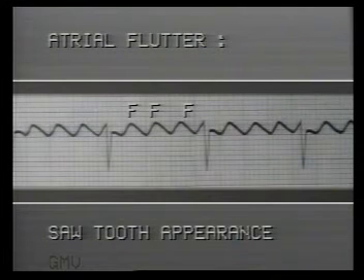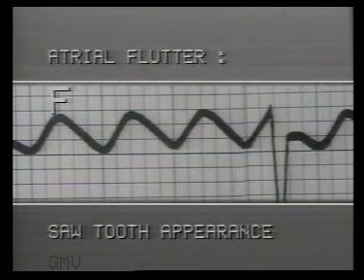In this ECG, the P waves are very large and rapid, and the rate is about 300 per minute. This condition is called atrial flutter. Here, the impulses travel in a circular course in the atria, giving rise to rapid, regular and undulating flutter waves. These are not P waves but flutter waves or F waves. Capital F stands for flutter waves.